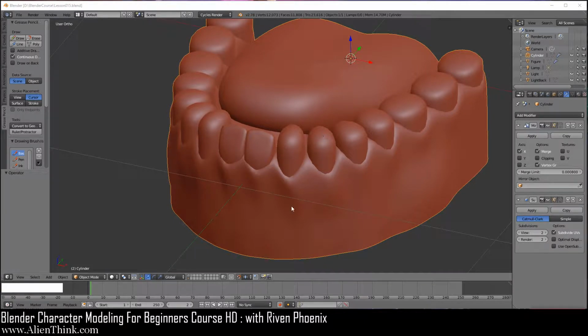Okay, so continuing on from the previous lesson, we're now going to start to get into modeling the rest of the teeth. So the first thing that we're going to do is make sure that snapping over here is enabled and you're back on increment over here. We're going to be switching between a lot of these things over here, so we're just going to make sure that we're going to reset everything. This is on global, and we want to make sure that this is still set on median point.